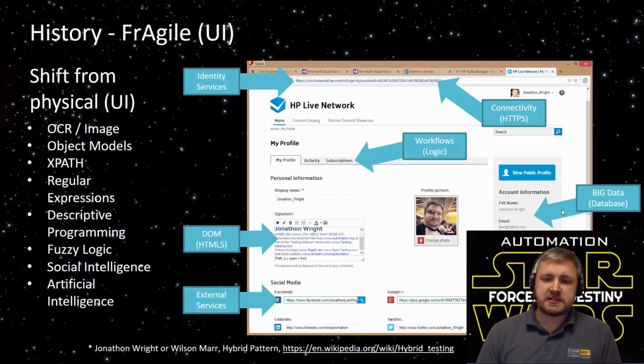And some products like Eggplant and Zaptest have really looked at bringing things like OCR and image recognition back, which used to be classed as analog mode in the early days, to really help solve some of these problems across a varied amount of different platforms, especially when most enterprise applications aren't UI based.